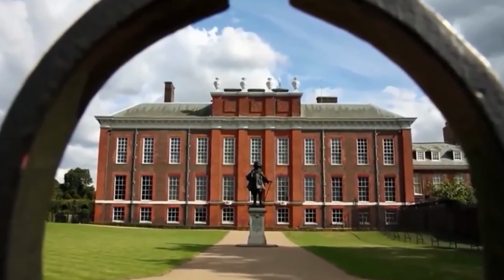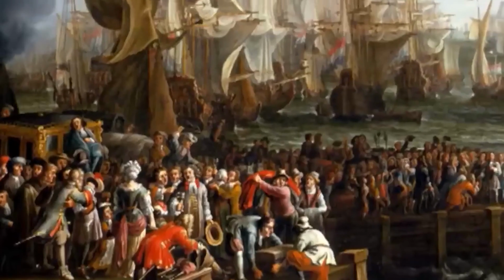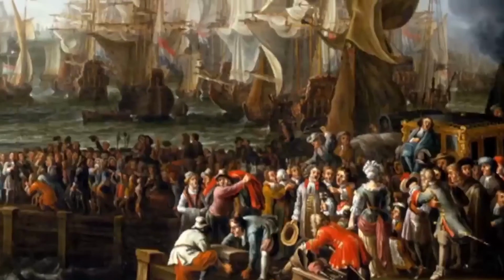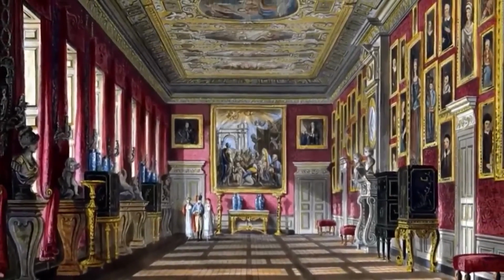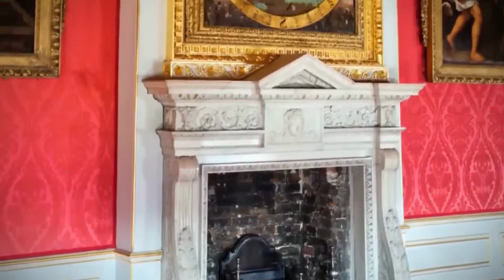Royal palaces are found in every corner of the UK, from Balmoral and Holyrood in Scotland to Windsor and Kensington Palace in England. There's no doubt that the royal residences are unrivaled, I think, around the world. You know, you have centuries of tradition, priceless artefacts, really important pieces of British heritage on display, and I think we're very lucky to have them. And the history and heritage continue inside the palaces as well, as they also house thousands of priceless treasures. The largest collection of art and furniture and beautiful treasures